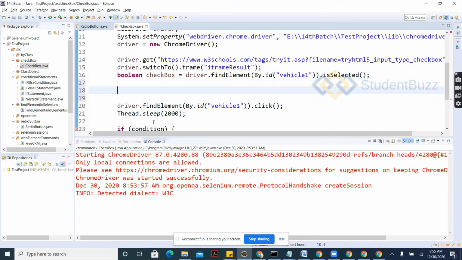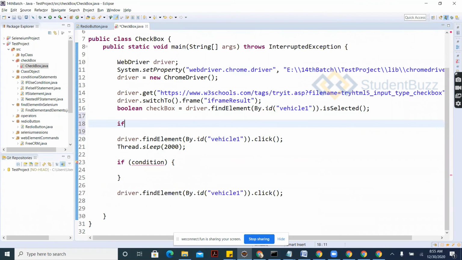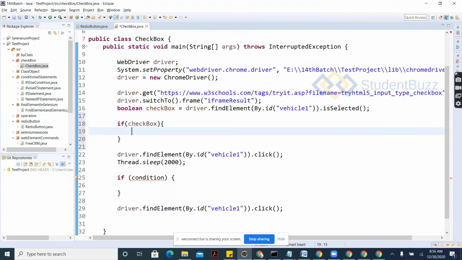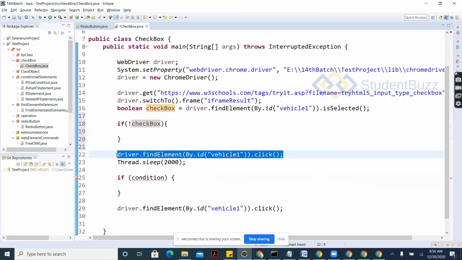You are checking with the boolean value, and later you can do the condition of if checkbox is not true, in the sense if it is not selected. If it is selected, it returns true. If it is not selected, it returns false. It is false. So now I'll say not selected. If not selected, then do the operation. What operation? This is the click operation.